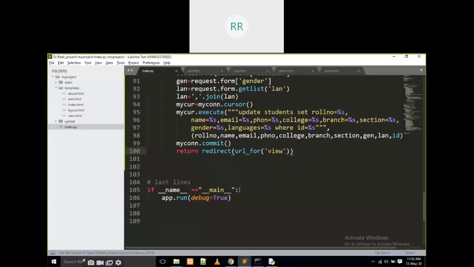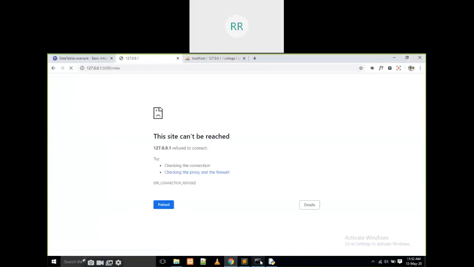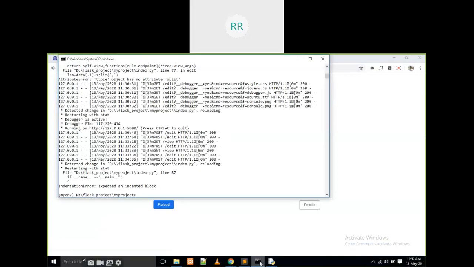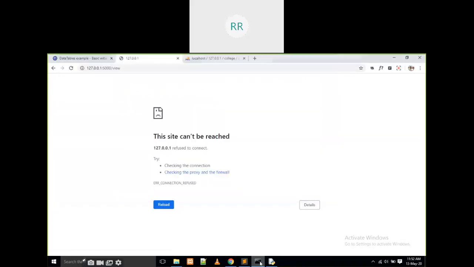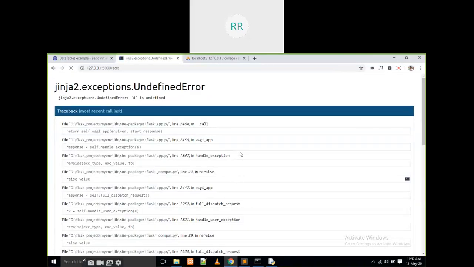Yes, I am going to redirect to the same page. For example, if I click on view, it is going to be executed. Yes, executed. If I click on edit, D is not defined.